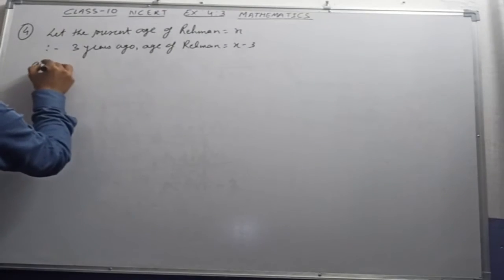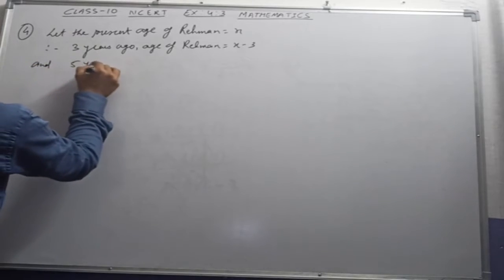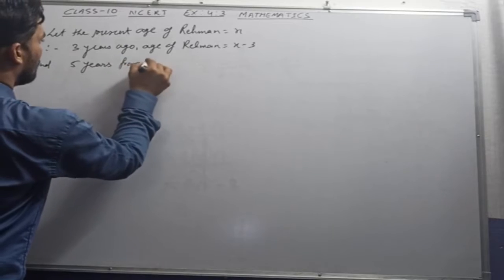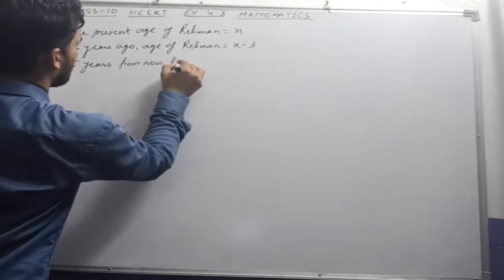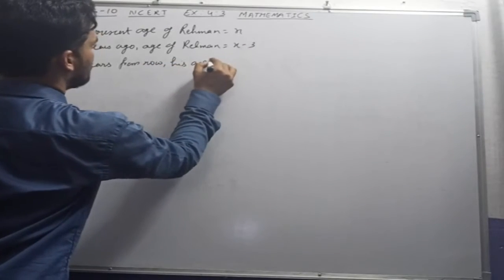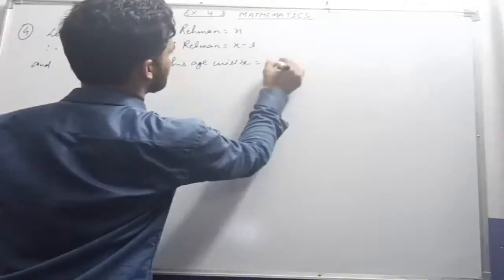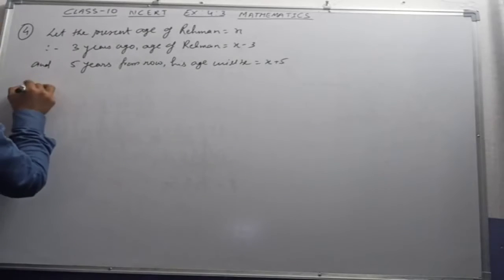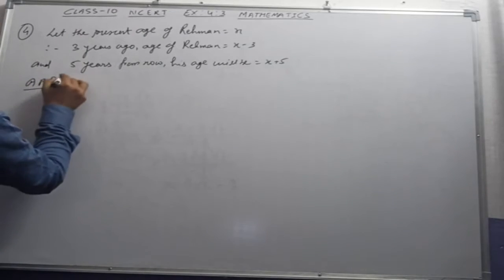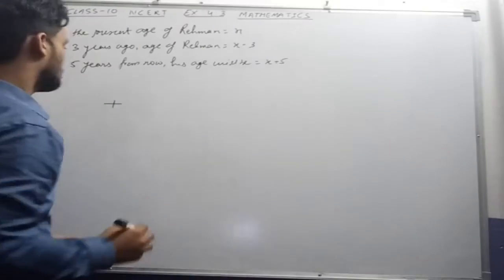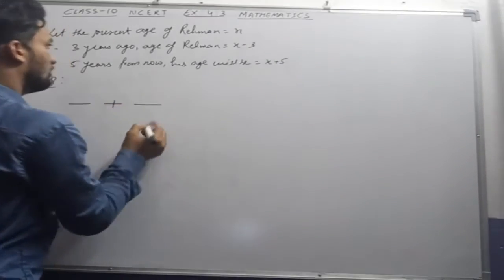And 5 years from now, his age will be X plus 5. So as per the question, the question is saying the sum means plus, reciprocal means upon, that is